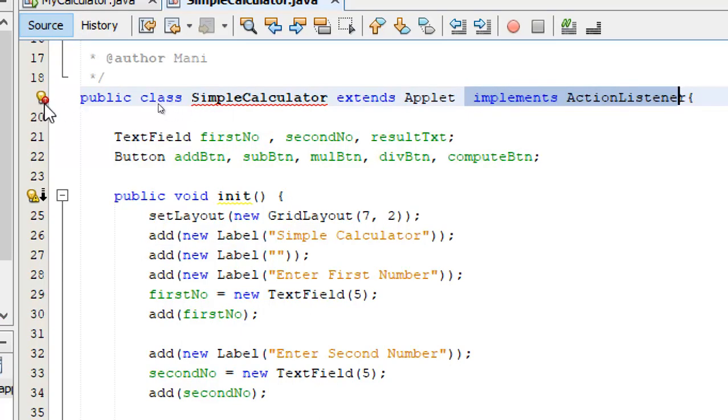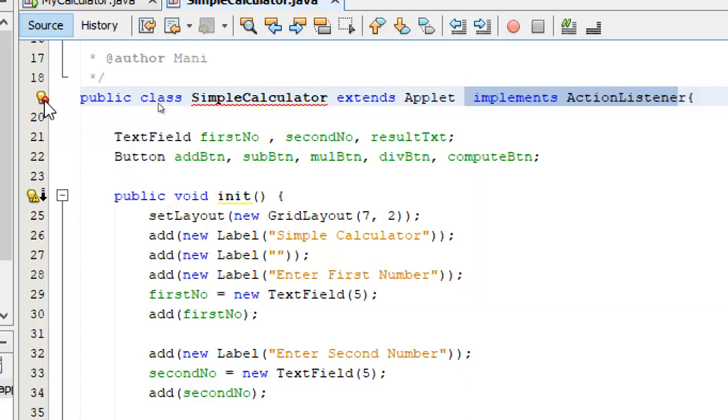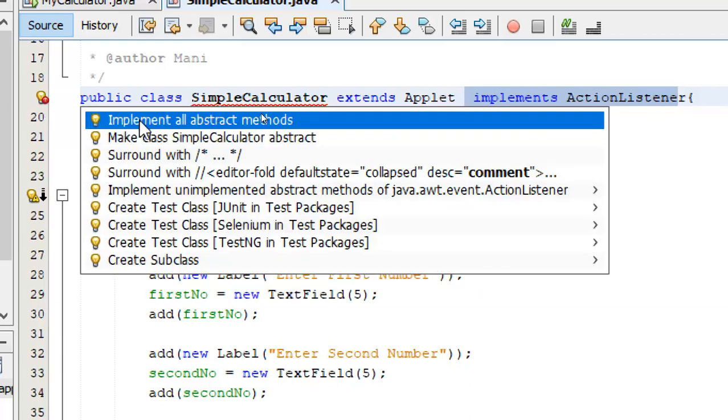You will notice that in NetBeans there is a small bulb here with an exclamation mark. I am going to click on it and it's going to give me a suggestion to implement all the abstract methods which are part of the action listener interface.